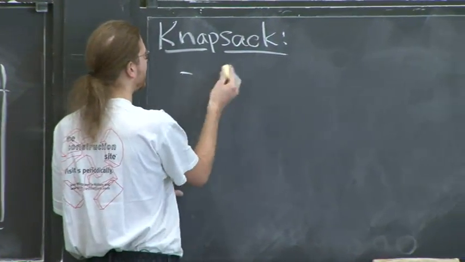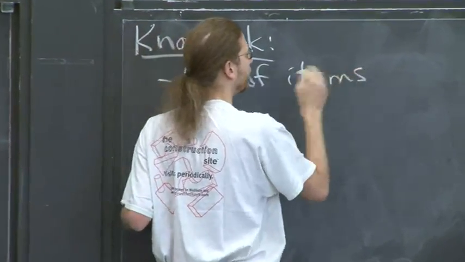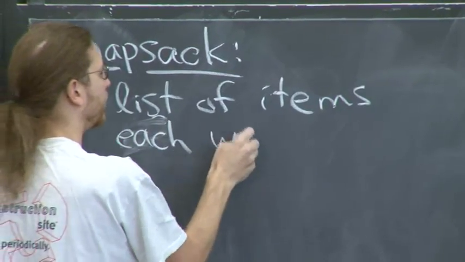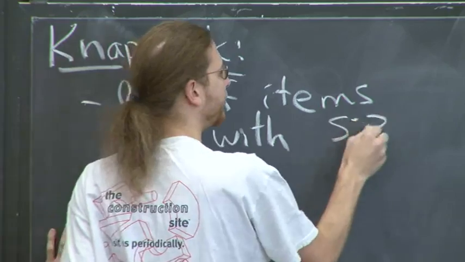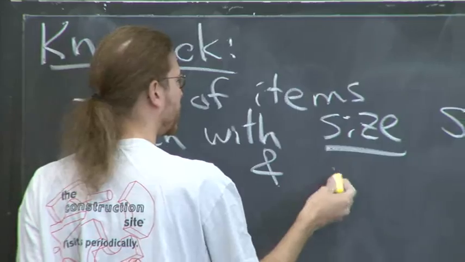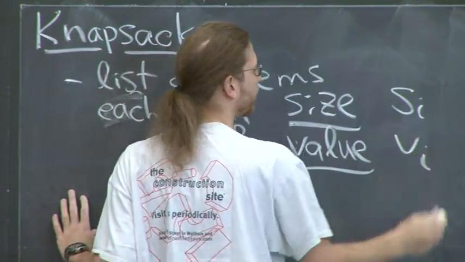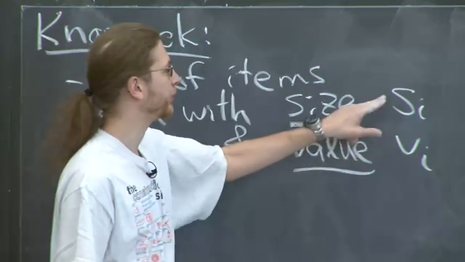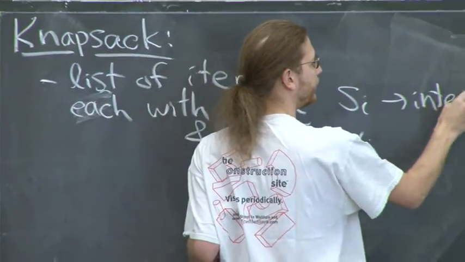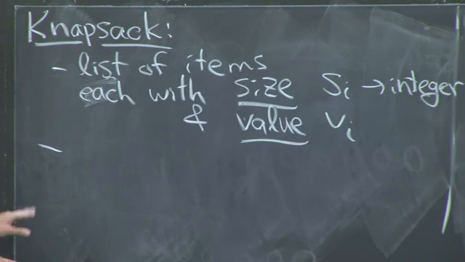So you have, let's say, a list of items. And each of them has a size, s_i, and has a desire, a value to you, how much you care about it, how much you need it on this trip. Okay, each item has two things. And the sizes are integers. This is going to be important. It won't work without that assumption. And we have a knapsack,